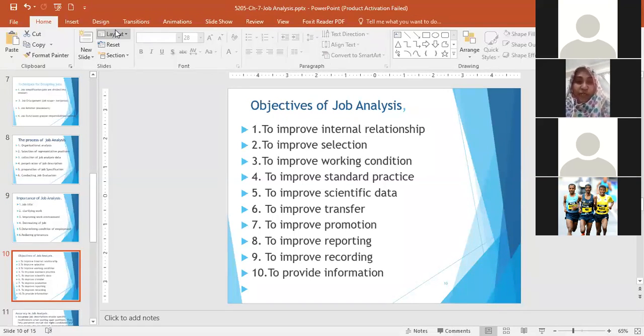So the objectives of job analysis. Number one is to improve the internal relationship. Yes, ma'am. And then to improve selection, to improve working conditions, to improve standard practice, to improve